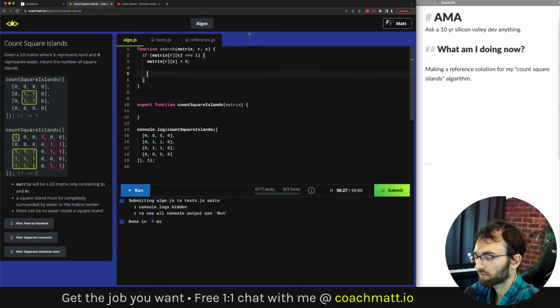I'm going to be deliberately making a few mistakes along the way, and we can maybe fix those. So now what we want to do is go in the 8 directions. So that includes going diagonally. We can maybe just do that in a for loop.